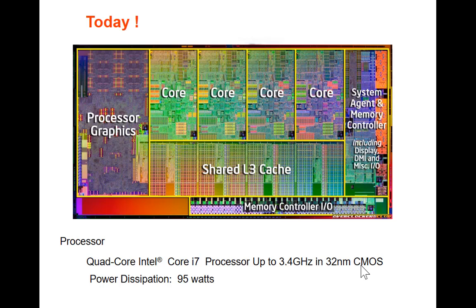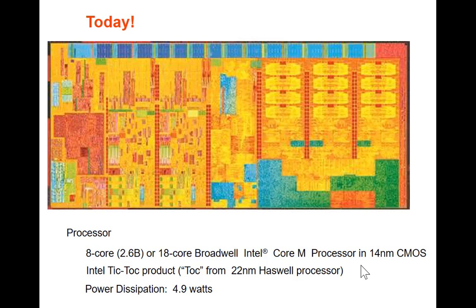That's just a number, right? 95 watts. They also have low power versions. And this low power version is about 5 watts. Doesn't have as much speed, doesn't have as much computing capability, but when you go to mobile applications and you're battery operated, there's a big pressure to try to